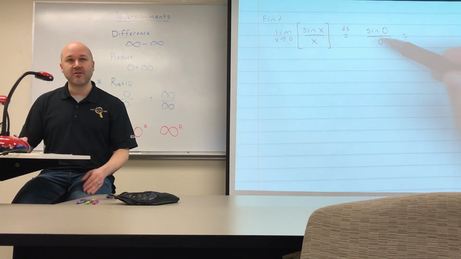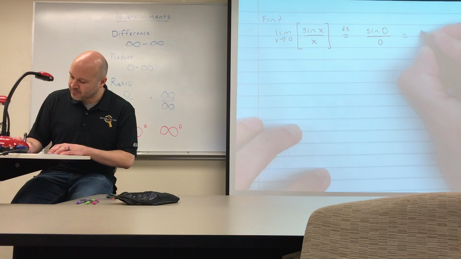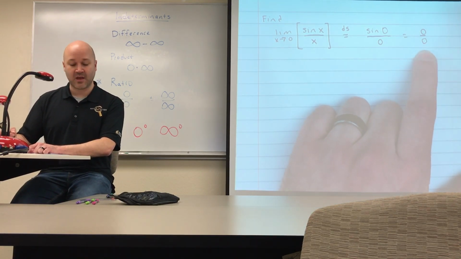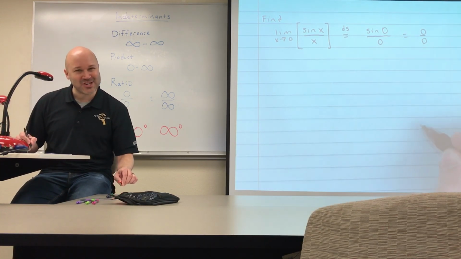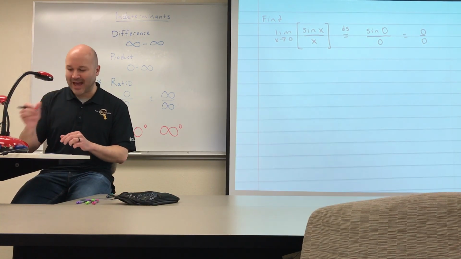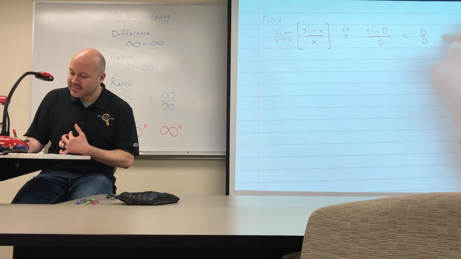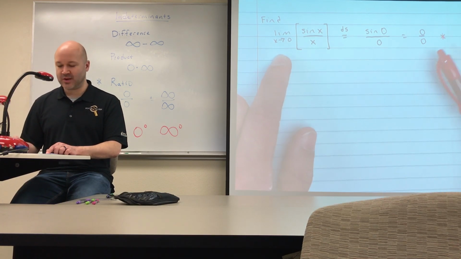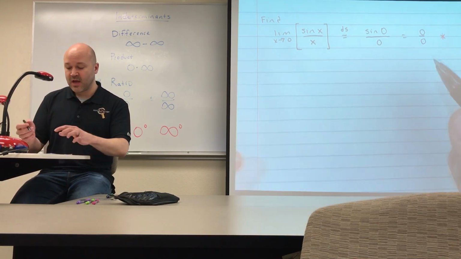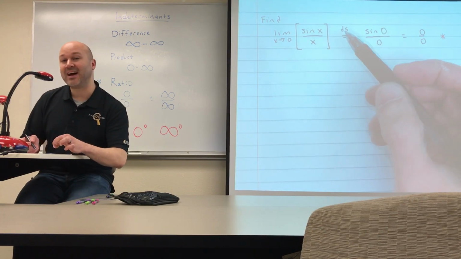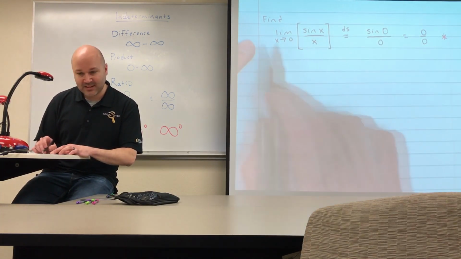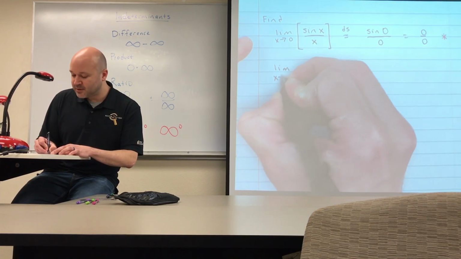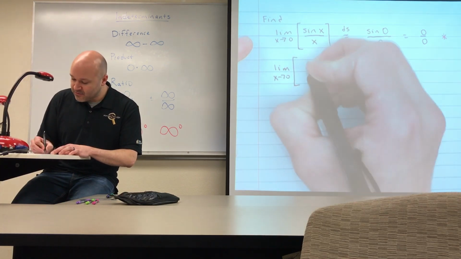Well, I know sine of 0, thinking of the unit circle, is 0. So lo and behold, I get 0 divided by 0. We call this a ratio indeterminate. I'm going to put a little asterisk here. This is just me telling myself that this is the L'Hopital situation. That means I can evaluate a different limit. So instead of finding this, because that's indeterminate, I'm going to evaluate the limit as x approaches 0 of